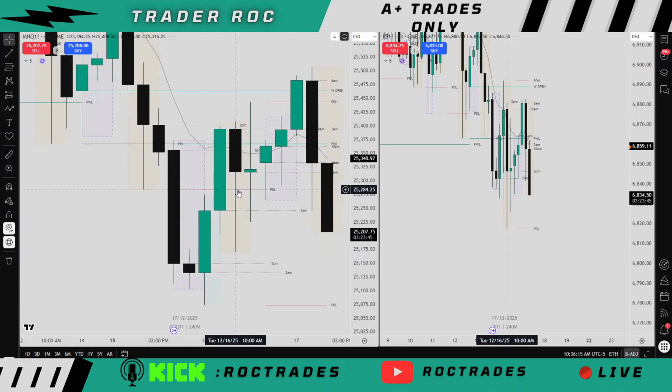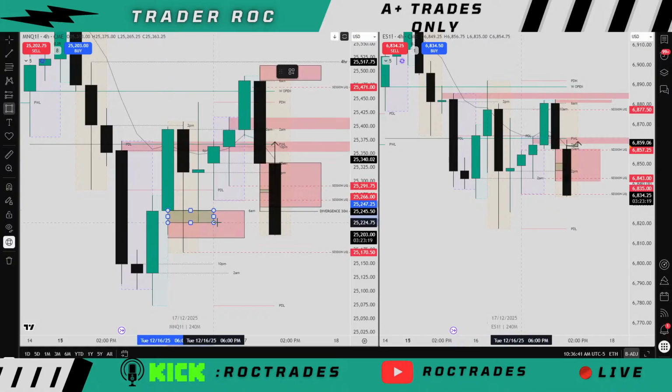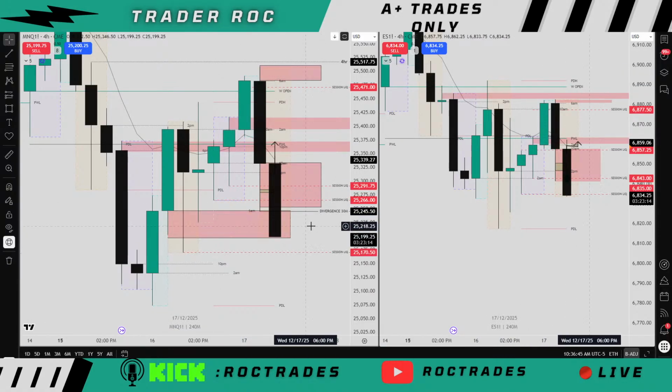Let's go to the 4-hour chart and see what is up here. Pushing back into the same 4-hour level from yesterday that was holding up. So now I have to mark this off as an area of interest. Oh, I already have it. Good job. Perfect. So now I'm looking at this area like, all right, if we get a strong close through here,